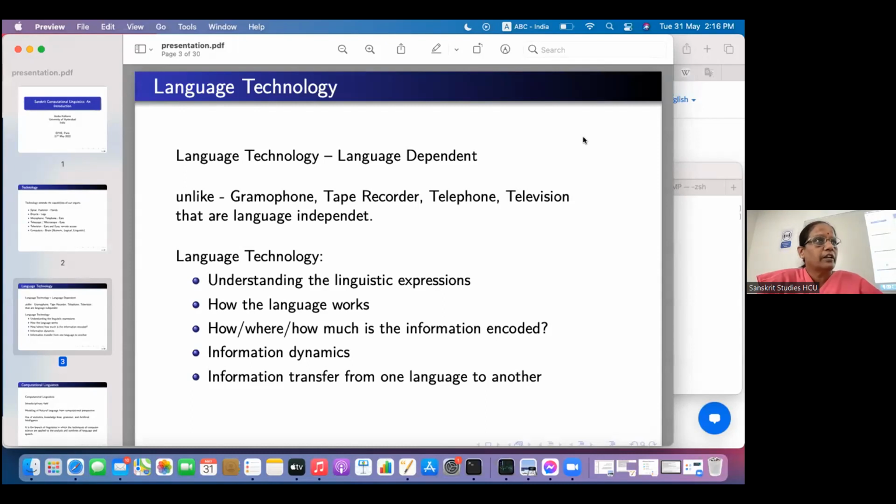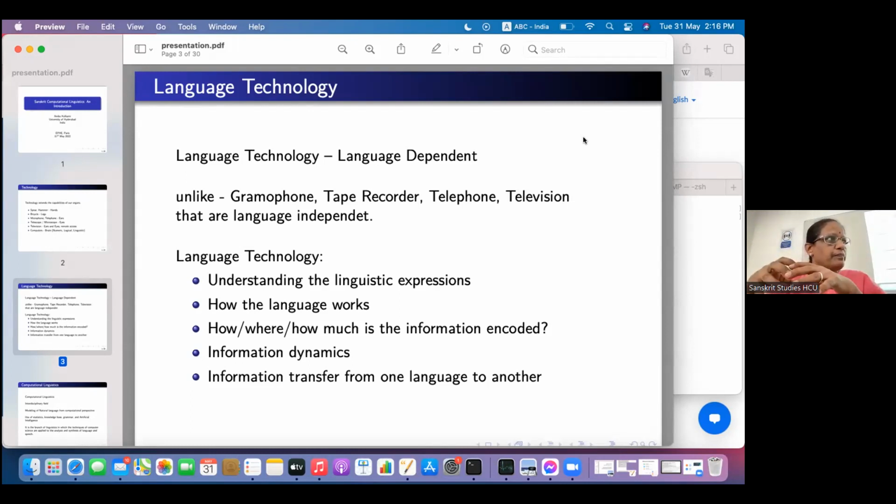Similarly, tape recorder, telephone, television, all these we are using for communication purposes, for transmitting the voice, and all these technologies are language independent. Whereas when the computers came into being, the technology that emerged out of it is something